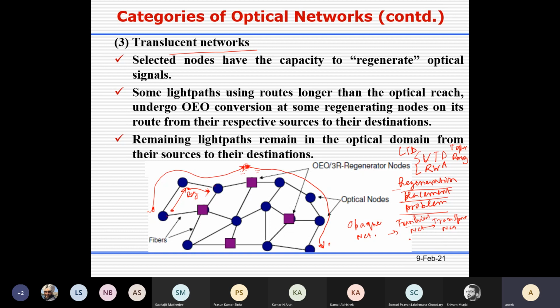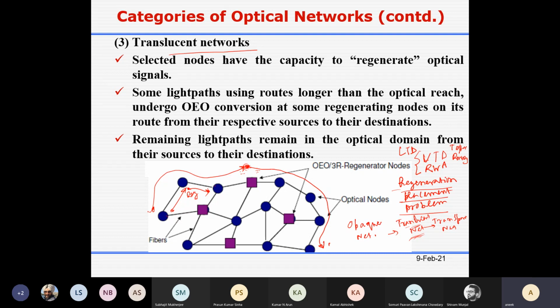Translucent network means there will be some light paths which are opaque and some which are transparent. Transparent light path means all-optical, and opaque light path means regeneration at every intermediate node. And there can be some light paths which are translucent.